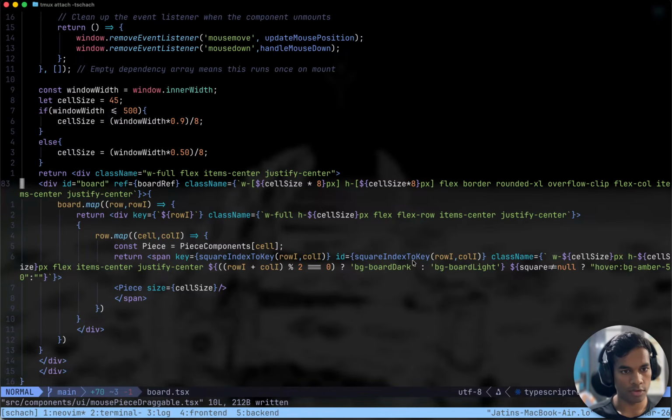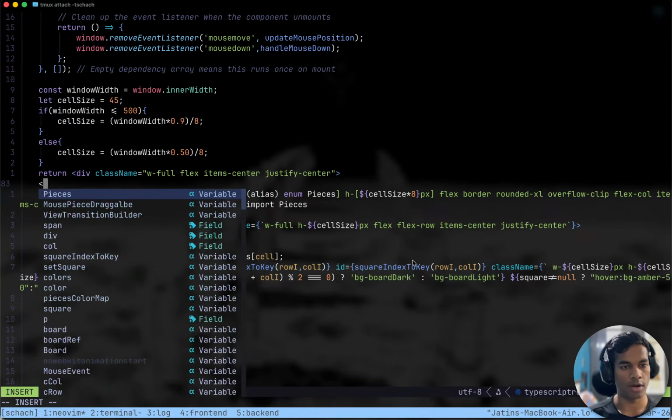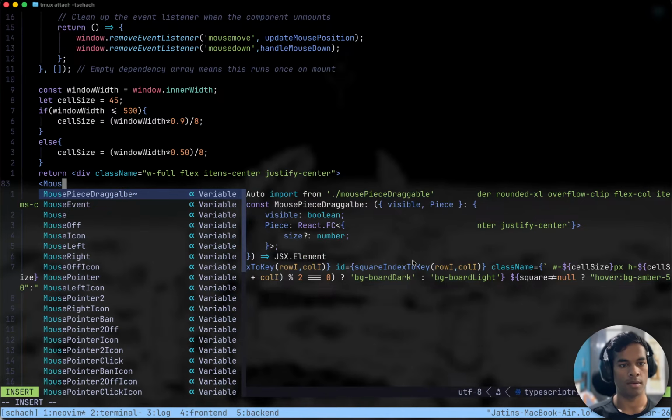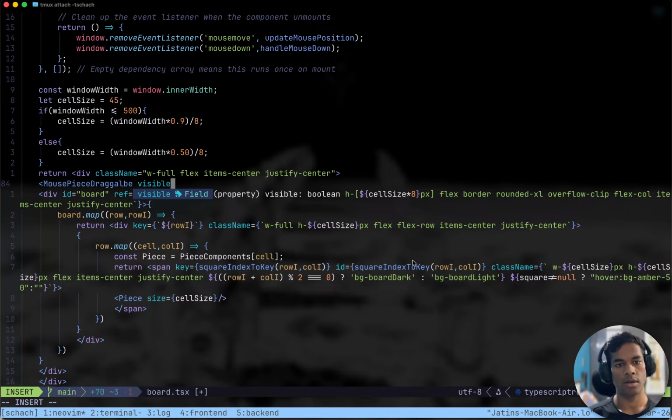Here we can use the same thing and it does not even matter where we are putting it. Mouse piece draggable, visible equals, this thing actually depends.